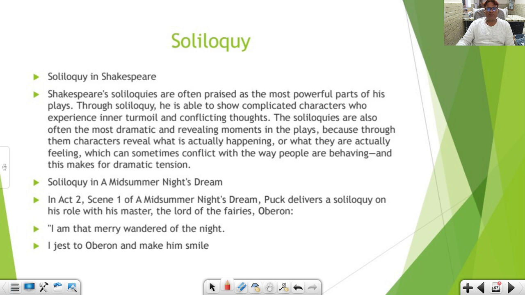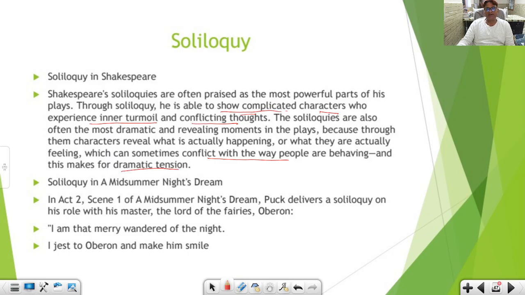Shakespeare's soliloquies are often praised as the most powerful parts of his plays. Through soliloquy, he is able to show complicated characters who experience inner turmoil, inner disturbance, and conflicting thoughts. Soliloquies are also often the most dramatic and revealing moments in the play because through them characters reveal what is actually happening or what they are actually feeling, which can sometimes conflict with the way people are behaving,